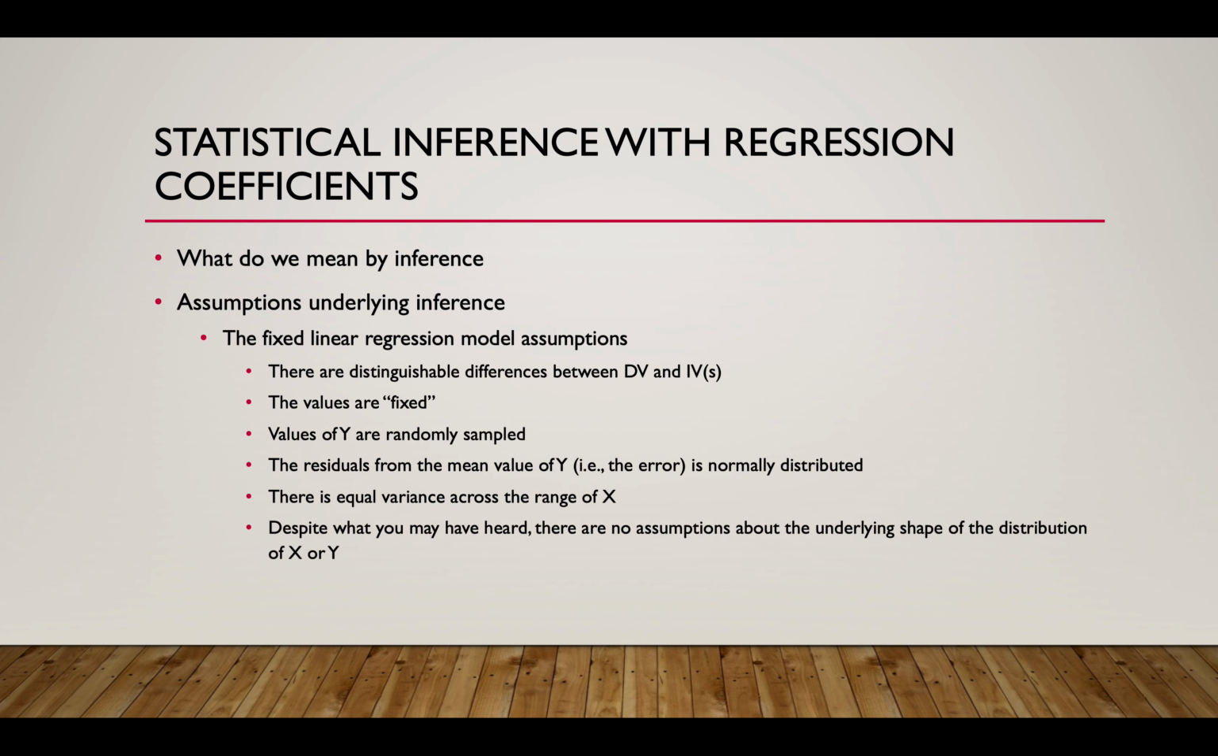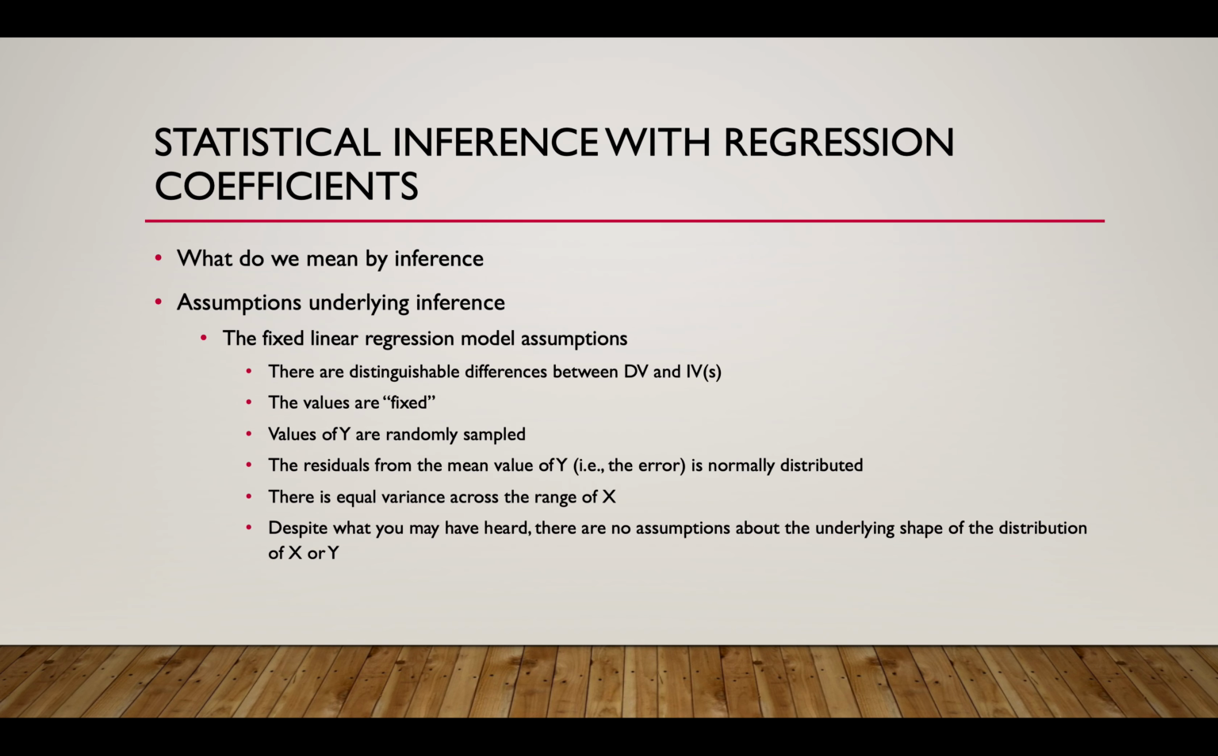The values of y are randomly sampled. The values of x do not necessarily need to be randomly sampled, but the values of y must be. This is why it's incredibly important that we try to gain random samples from our population. Unfortunately, most of the data that we have access to are convenience samples. This is why convenience samples are listed so frequently as a limitation, because basically they violate this underlying assumption of